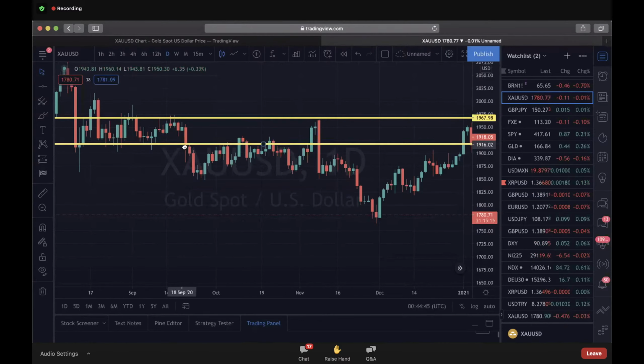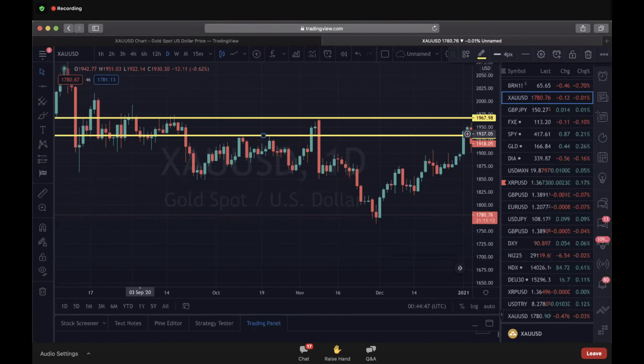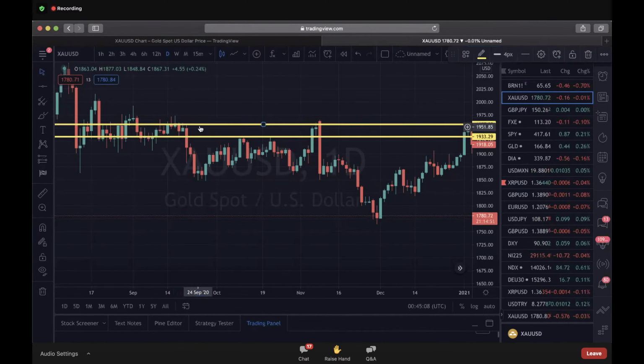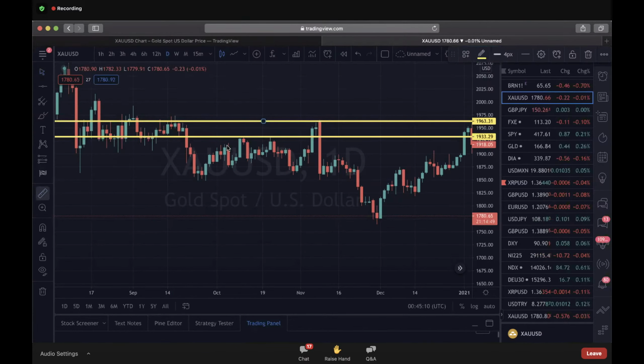And you have to know how to train your mindset to be in a trade and be out of a trade, right? Like you don't have to stay in a trade forever, and you don't have to stay in a trade for too short. You have to know when's the right time to get out. So let's say we enter here, right? And then we see price wick back up a little bit. Okay. We could still stay in the trade, but if we see price come up to this level, right? Up to these territories right here, then we're like, okay, you know what? We need to slow down because this is crossing the line.